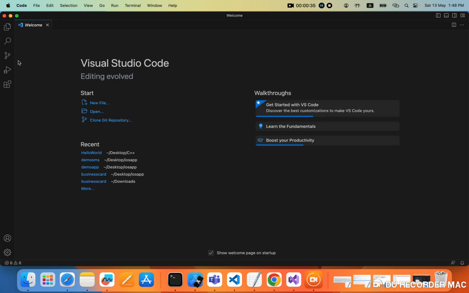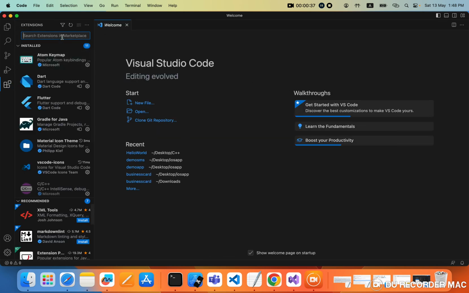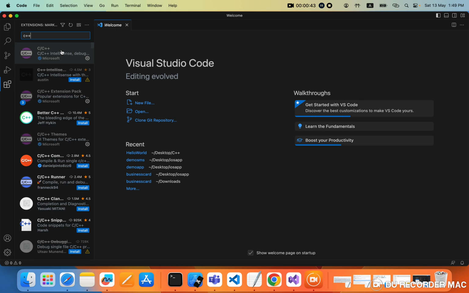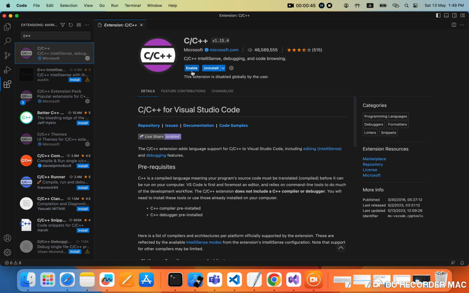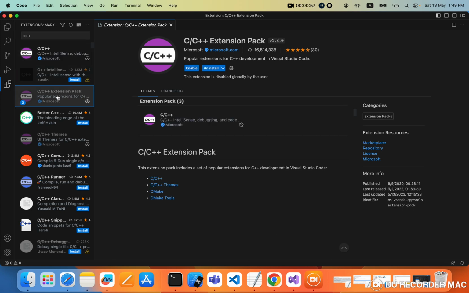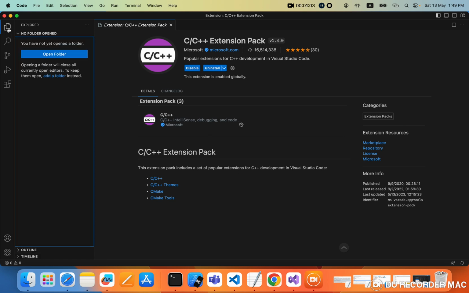Once you open it, just come here and add the C++ extension. You need to write C++ here. Once you add it, in my case, I just need to enable it because I already installed it and disabled this package. In your case, you need to install this. So let me enable this and enable this as well. Once you add it, then